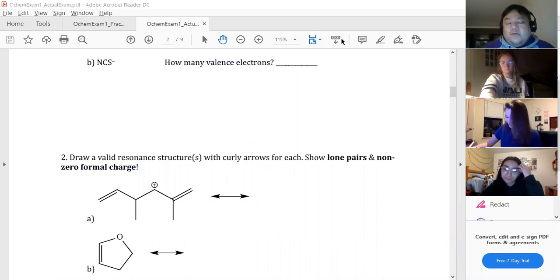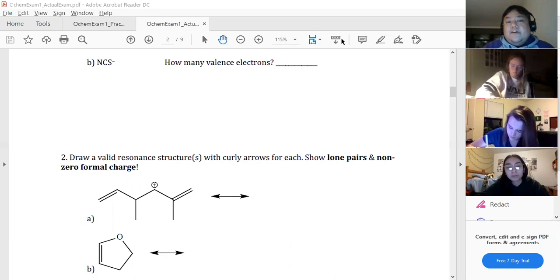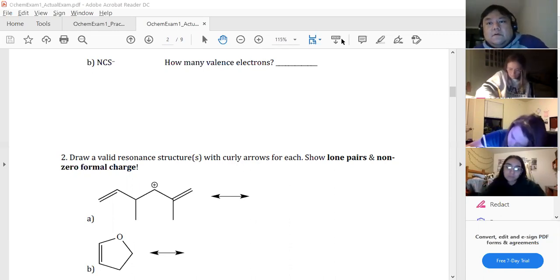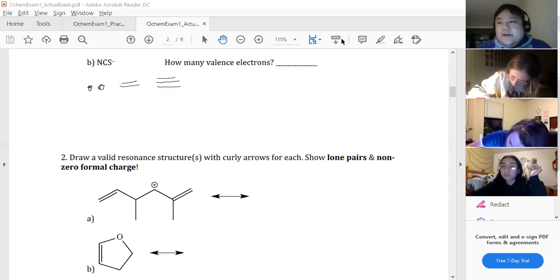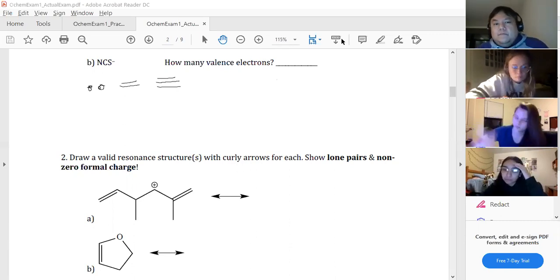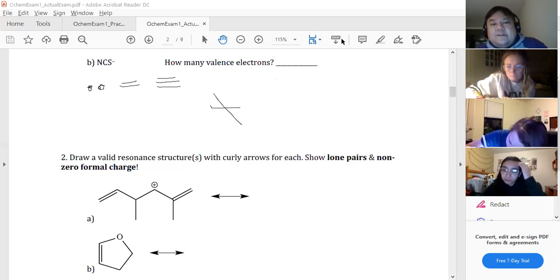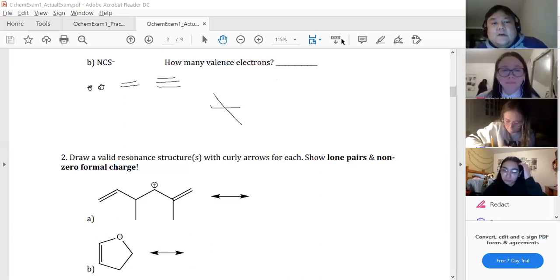First and foremost, what is the only part of the atom or molecule you are moving? Electrons. You are only ever moving electrons, which appear in the form of lone pairs, double bonds, triple bonds. If we are doing resonance, what's the one thing we don't move? Single bonds. Yes, we do not move single bonds, and I'm going to change the color on that